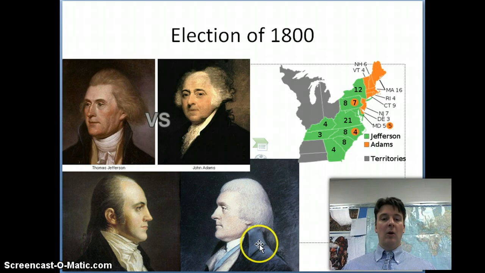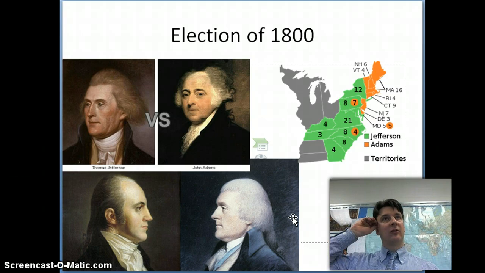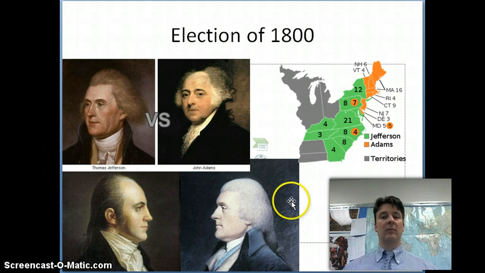Okay, so what ends up happening is that in the Electoral College, Jefferson and Burr keep on tying up until the point where Hamilton gets involved and gets some people to throw their vote away from Burr, and as a result, Jefferson becomes president. Burr gets pissed because he thought he could sneak his way into the presidency, and he and Hamilton have a duel, and he kills Hamilton. But the real point is to show the weakness of the Electoral College situation. And while there are still weaknesses here today, it was worse then.